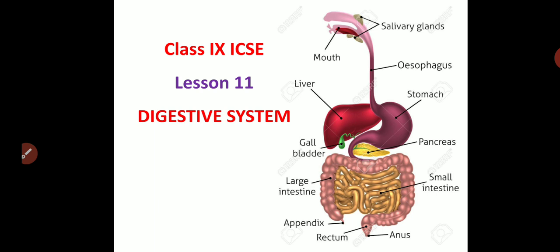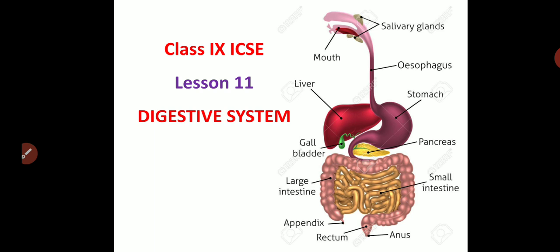is solid form. That is, the holozoic animals, they always consume complex and indiffusible food, the food which cannot be directly absorbed into the body. It consists of mixtures of nutrients and some useless substances as well. Not that everything what we eat is useful. Sometimes there are some useless substances. And from all this, our body has to extract and absorb all the nourishment. And the remaining part has to be thrown out from the body.